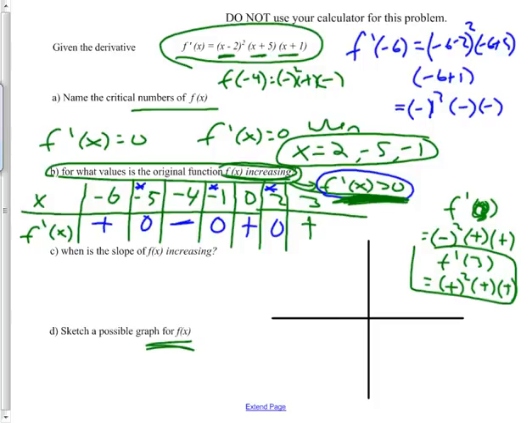Well, it's increasing from x equals -infinity all the way up to -5, because we know that it's positive from -6, and because the critical numbers occur only at -5, -1, and 2, it's never going to change sign in other places. I'm going to continue this video